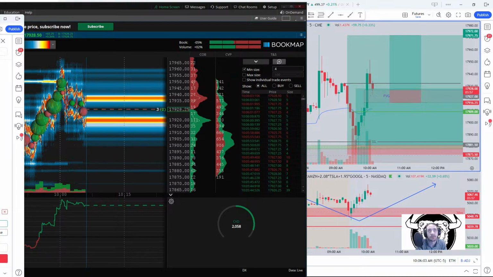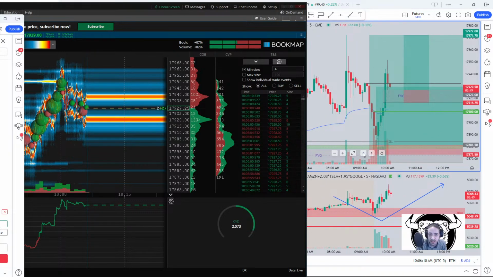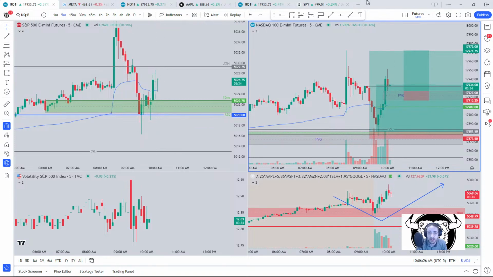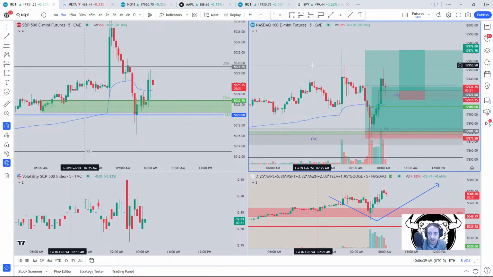At what level did you enter? Jose, I got in at, and you could check the stream too, I got in down here. Once we broke the sell side liquidity, I got in the fair value gap down here, 2 NQ contracts at 17,876. Then I added up here on this 5 minute candle, and scaled out 1 contract up here. Still holding 2 contracts. Look at that fair value gap holding for the longs to continue, guys. I did not add to my contracts. I am still in these, though. Great stuff today, guys. Huge.